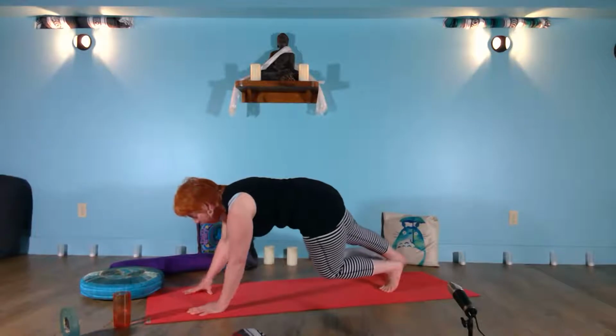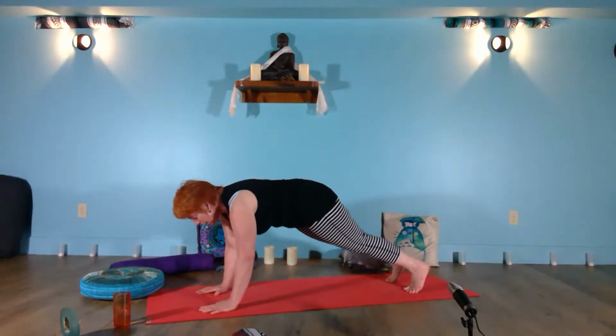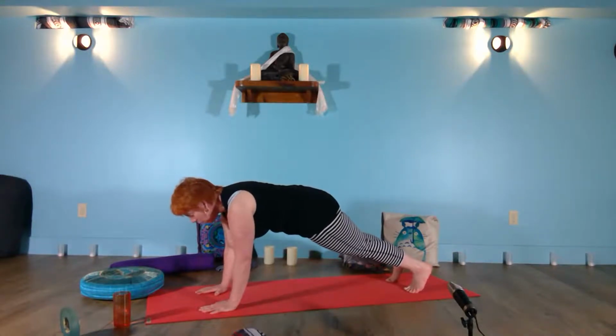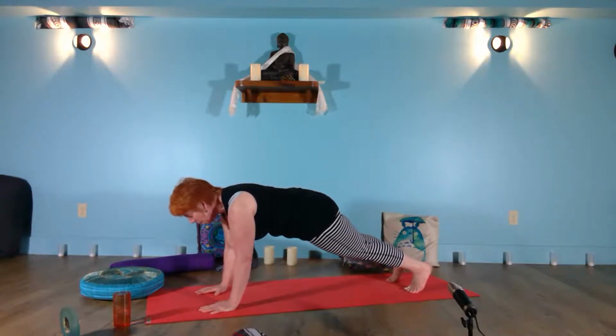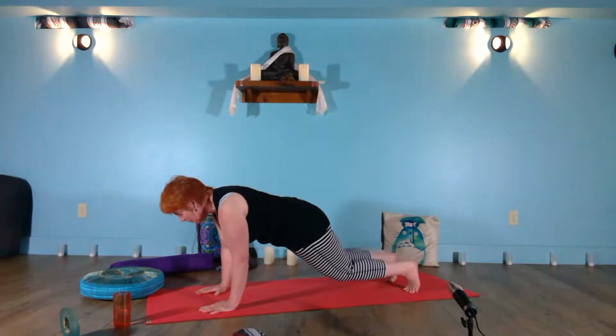Take a quick note that we haven't gone yet into a full vinyasa, but we have moved the spine in all directions, opened up hips and hamstrings, strengthened the belly and the upper body. Now we're going to work that a little bit more by moving into our full vinyasa, dropping the knees first